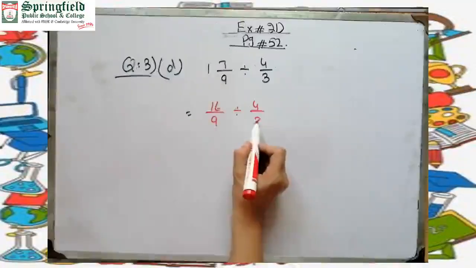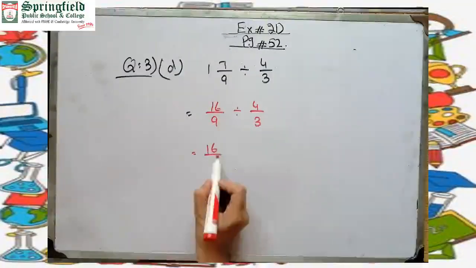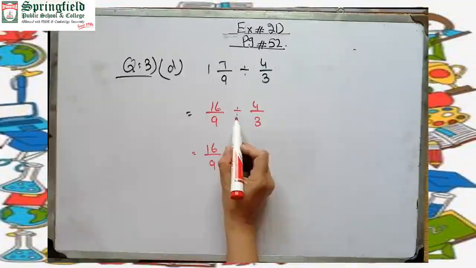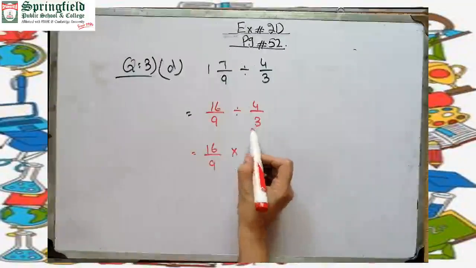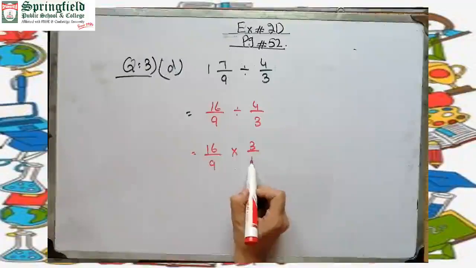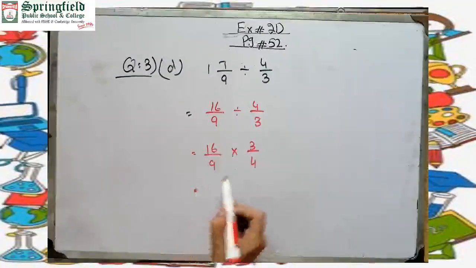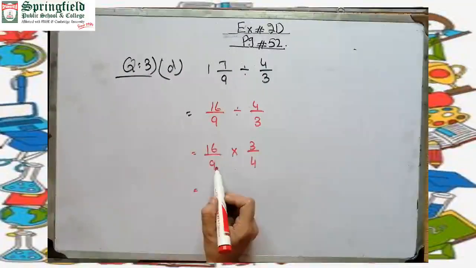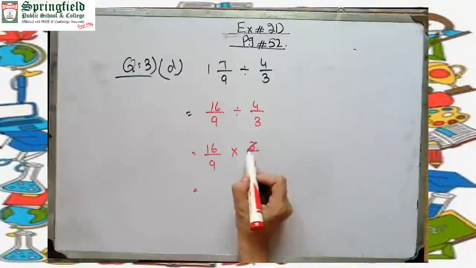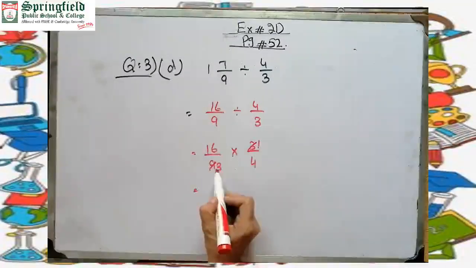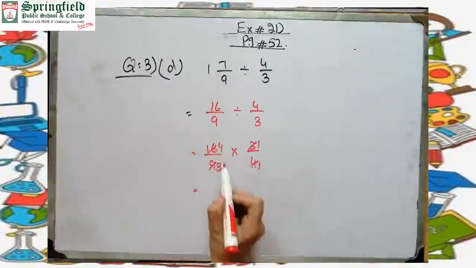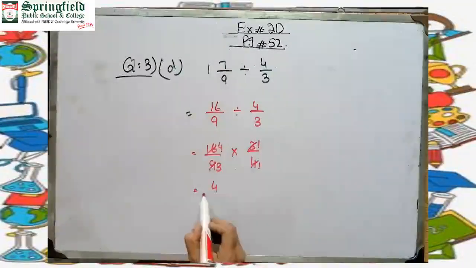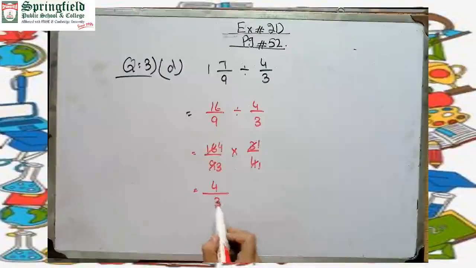divided by 4 by 3. Now in the second step we will convert the division into multiplication. So the next value will be inverted. It will become 3 divided by 4, and there is a multiplication sign between the two numbers. It means we can cancel the numbers using the same table. In the table of 3, 3 1s are 3, 3 3s are 9. 4 1s are 4, 4 4s are 16. So 4 multiplied by 1 is 4, 3 multiplied by 1 is 3. 4 divided by 3. What will be the answer?